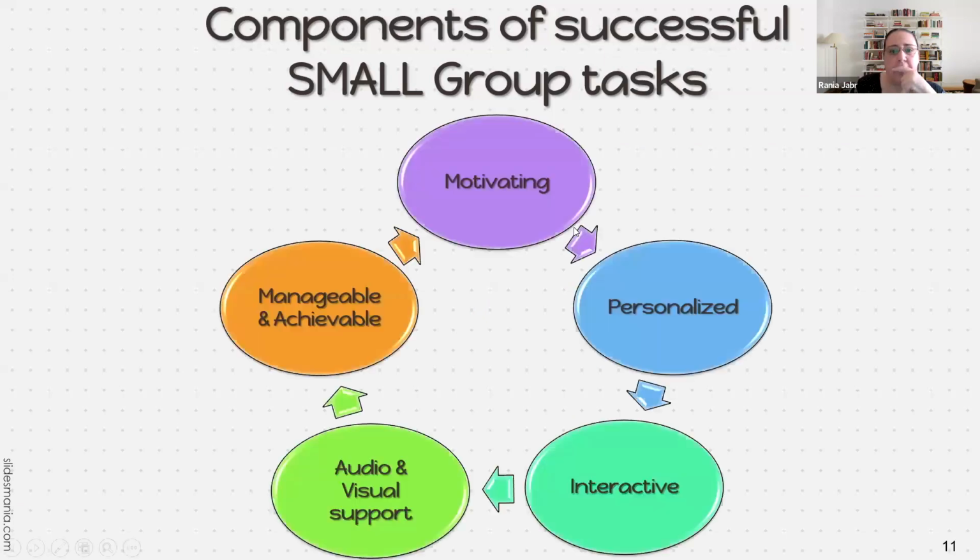Moving along, I would like to tell you about the components of successful small group tasks. We want to motivate the students. Remember, always put in a question to personalize the learning. They love that. And it makes them remember what they've learned, even if it's something as simple as grammar or vocabulary.